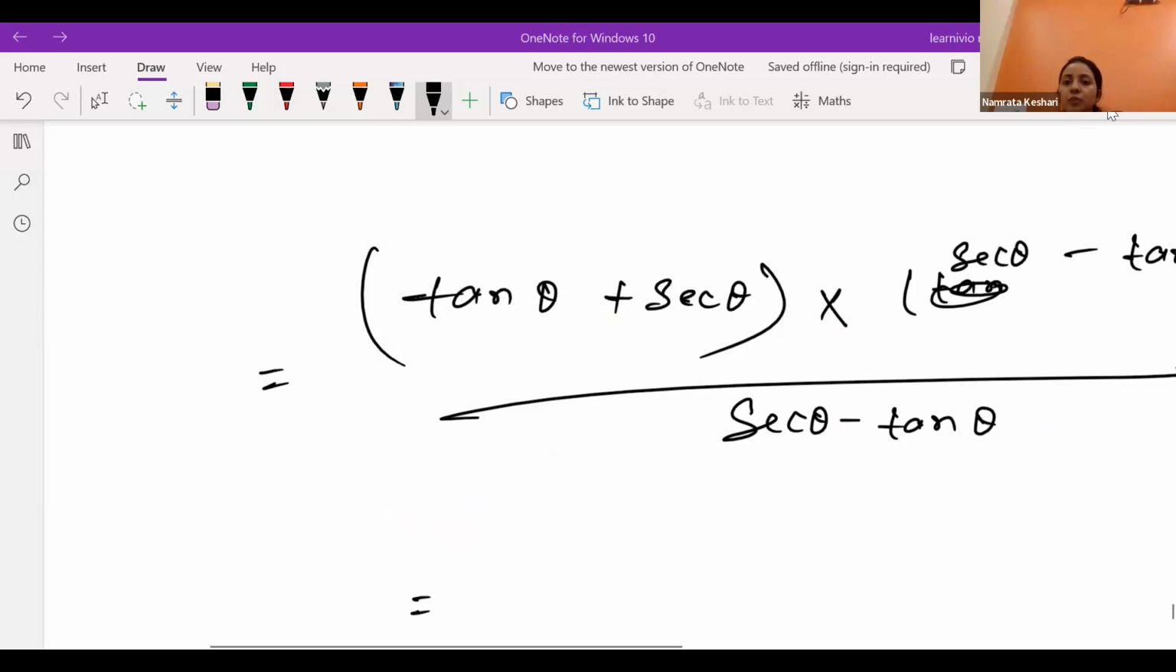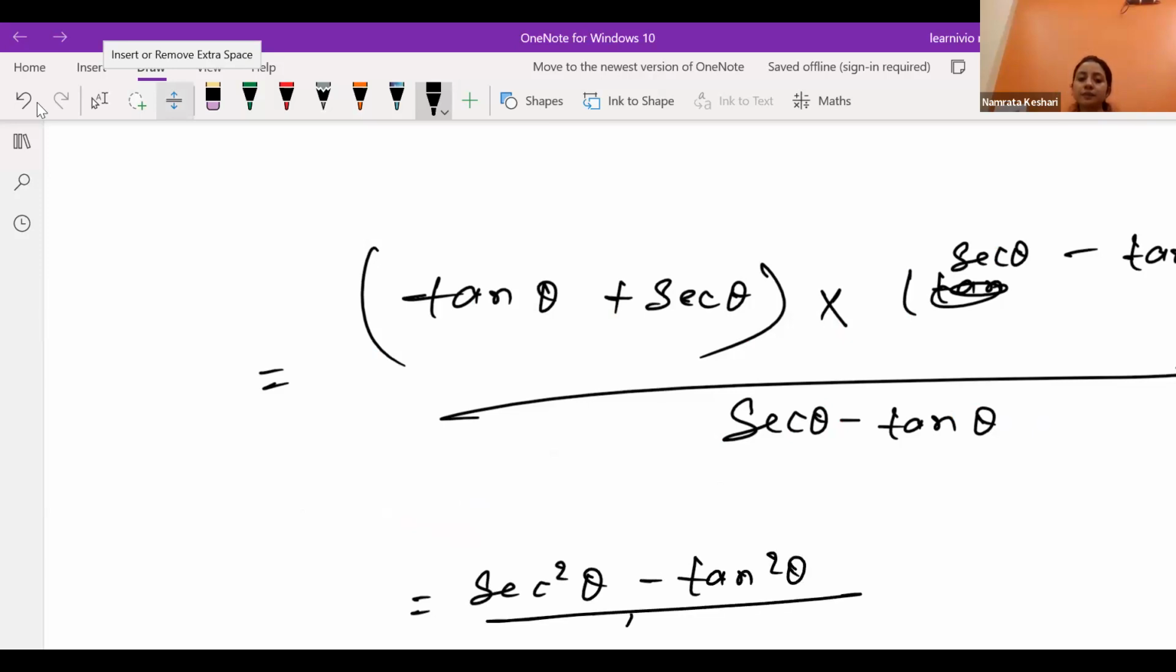So in the numerator, can you see we are getting sec square theta minus tan square theta, and in the denominator we are getting just sec theta minus tan theta. Are you getting it? Yes or no? Okay. So either like this we can do, or we can work on the right hand side. Basically, we are supposed to prove that left hand side and right hand side are exactly equal. Okay. Now the next question is,